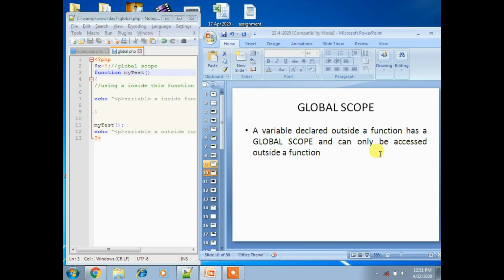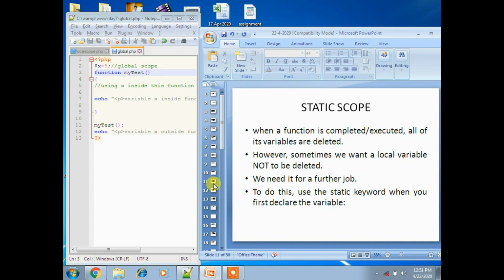Okay, and now let's see another one, that is static. Normally when a function is completed or executed, all of its variables are deleted. However, sometimes we want a local variable not to be deleted.